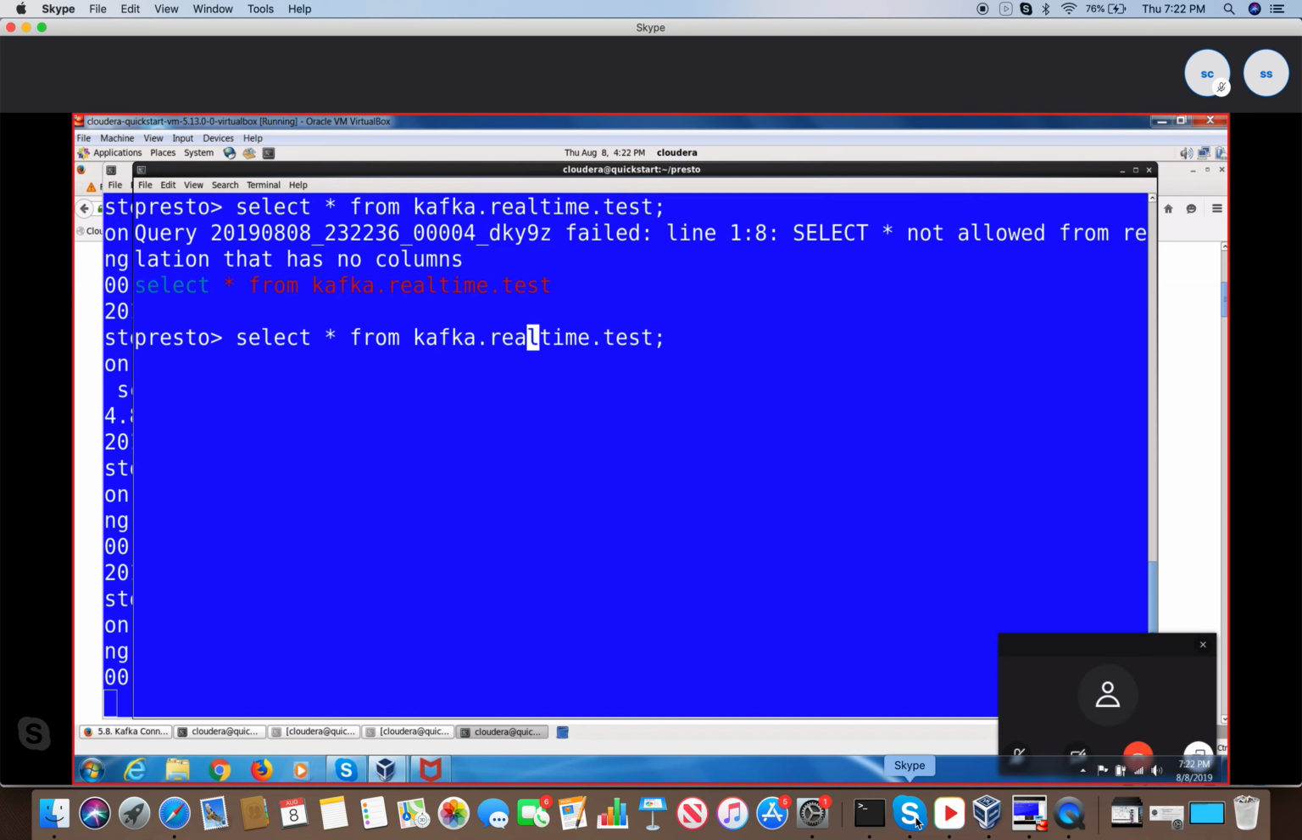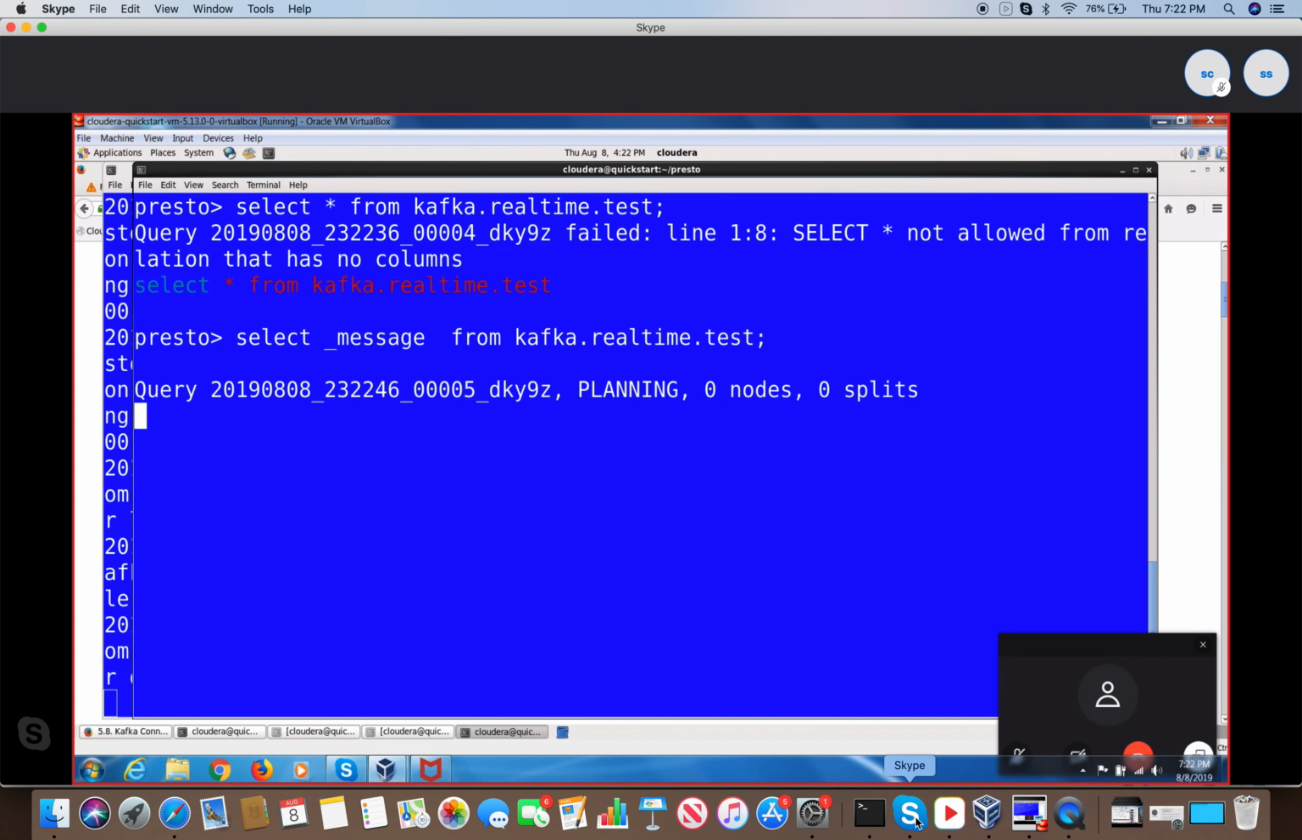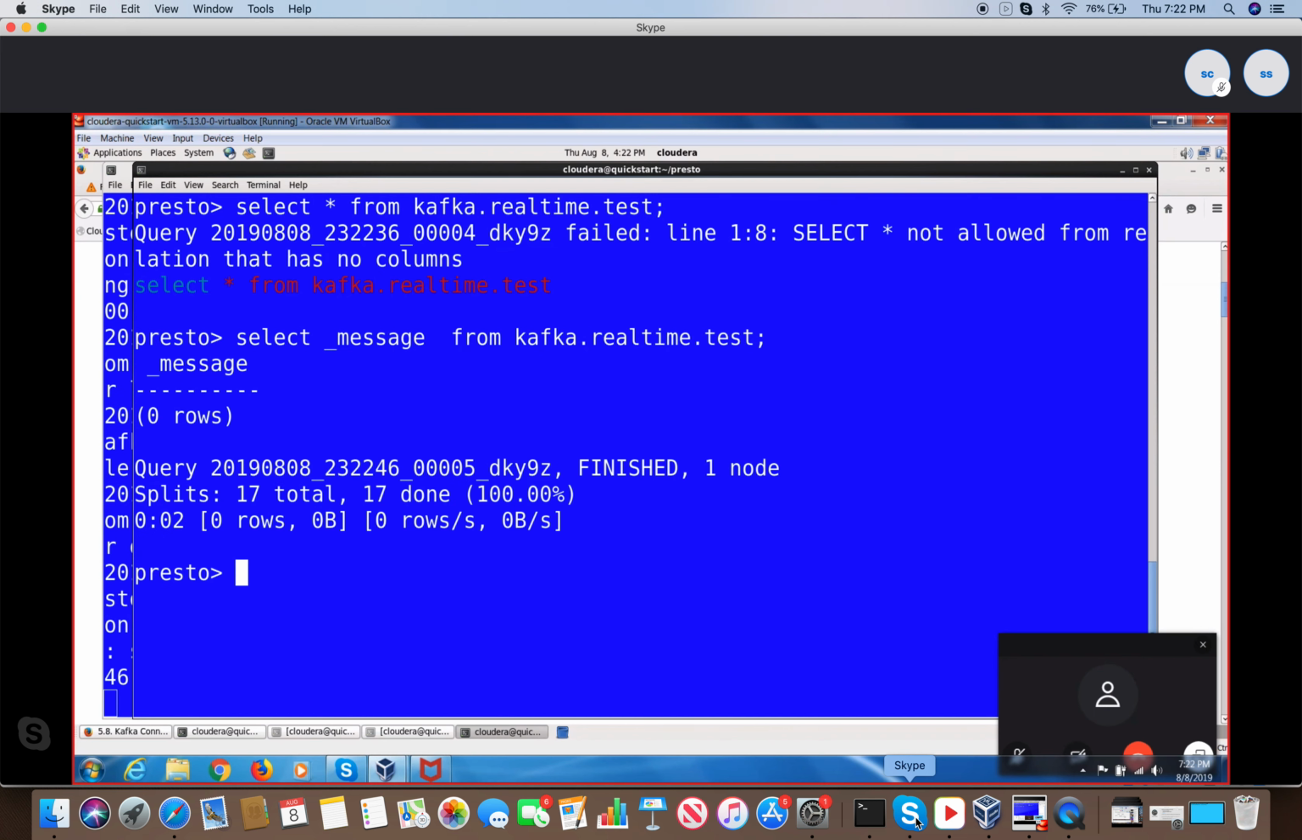Okay, there is no star. Please write select underscore message from Kafka.realtime.test. There is nothing. All the data is lost because 24 hours is the time period. But you understand now? Now I am going to show you the magic where I am going to start the